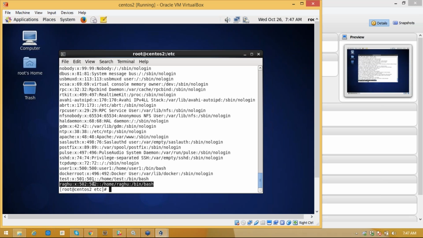That means when you create a user called Raghu, by default it creates a group called Raghu. If you don't assign that user to any group, by default it will assign a group with its own name. It will create the username Raghu, as well as the group name Raghu, and assign that user to that group. In that way it works.